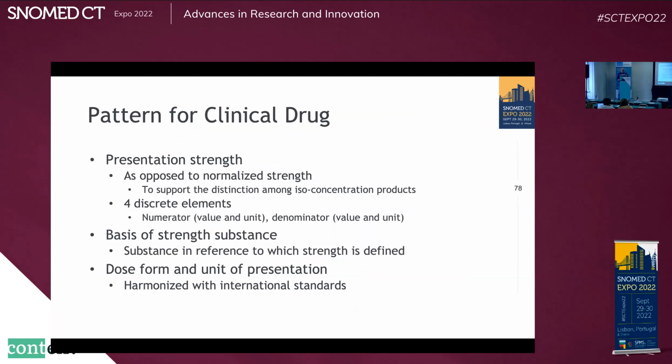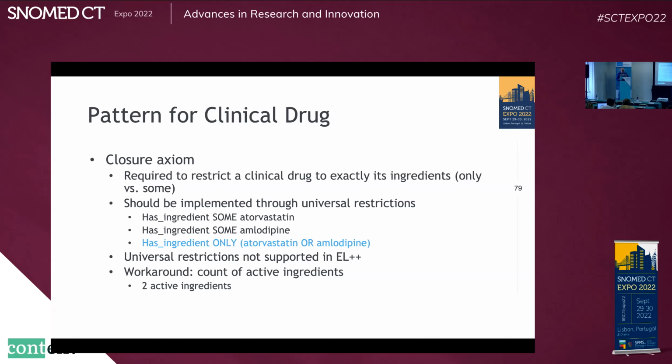I'm going to skip this because I've said most of it already. I'm going to skip this because this is mostly a description logic kind of issue. The issue here is, how do you say only? There's only atorvastatin and amlodipine. There are ways of saying this. There are elegant ways of saying this in OWL. There are actually specific ways of saying this. The OWL profile that's required to say there's only this is not supported by the profile that SNOMED uses to define